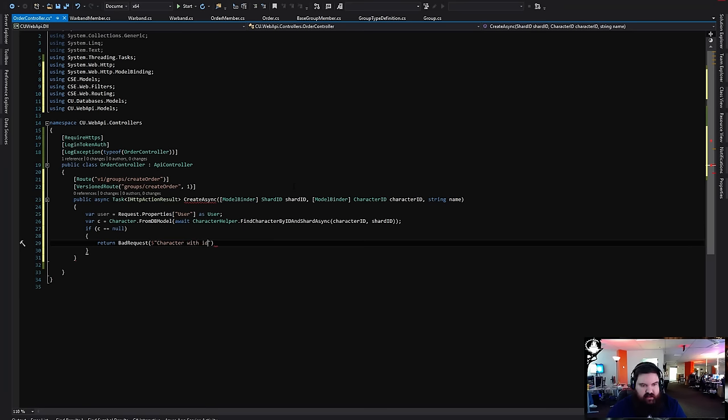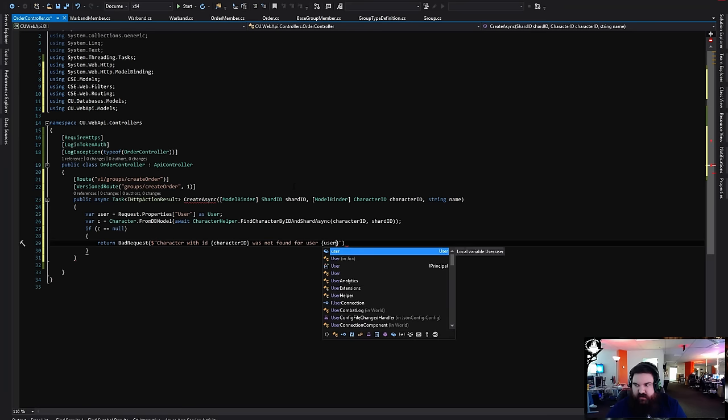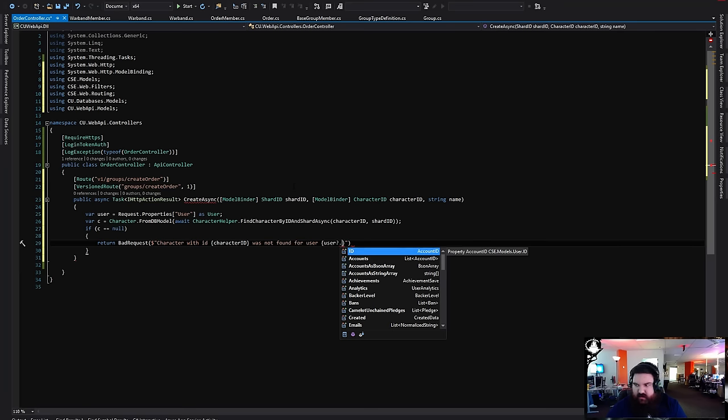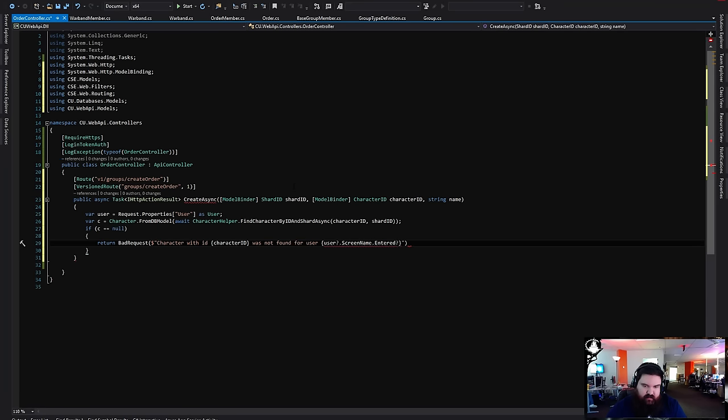Character with ID character ID was not found for user. Shard. Do we need user ID? No.